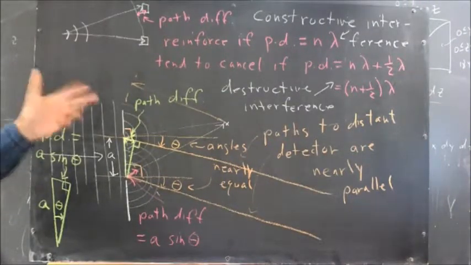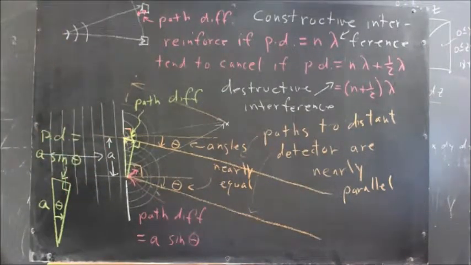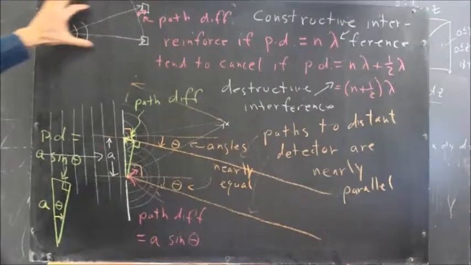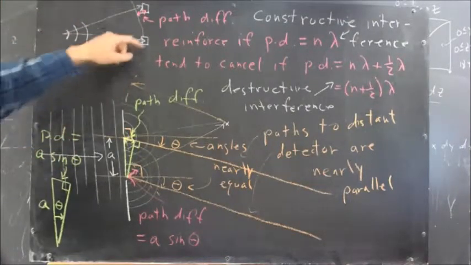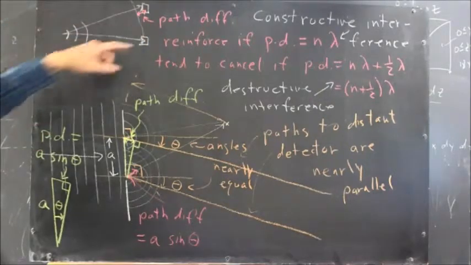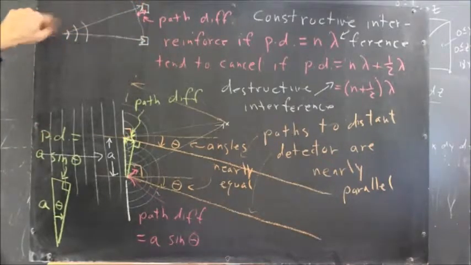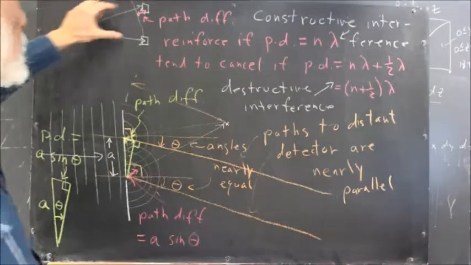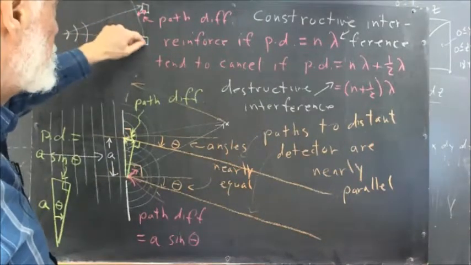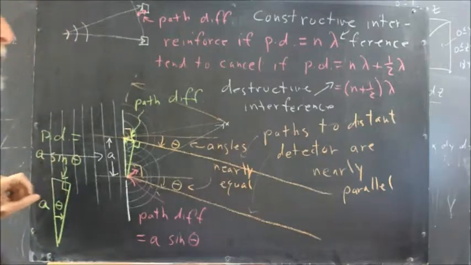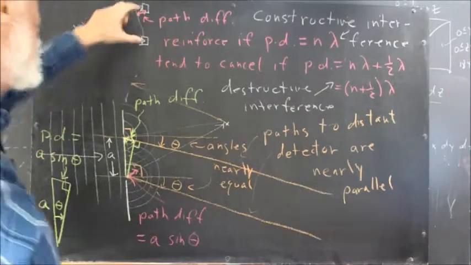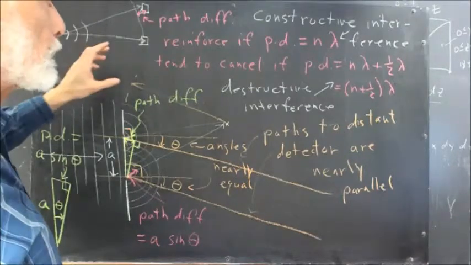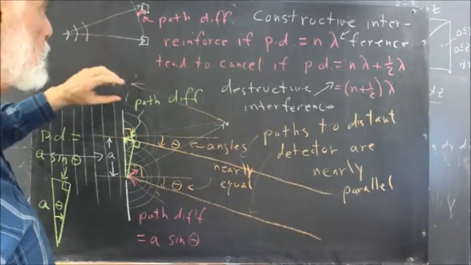Recall from a video corresponding to the preceding class, if we have a source emitting waves and we have two detectors, one at a greater distance from the source than another, if we take the signals that we get from the two detectors and mix them, then whether they reinforce constructively or destructively,